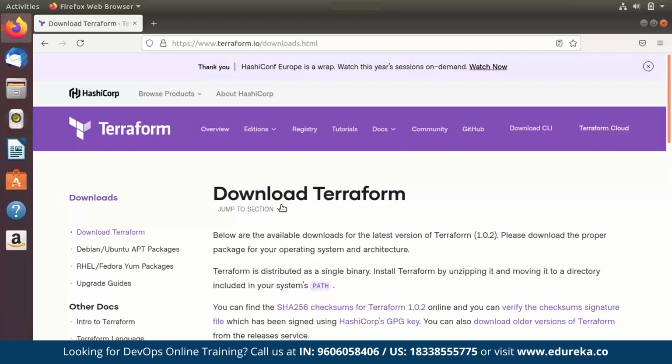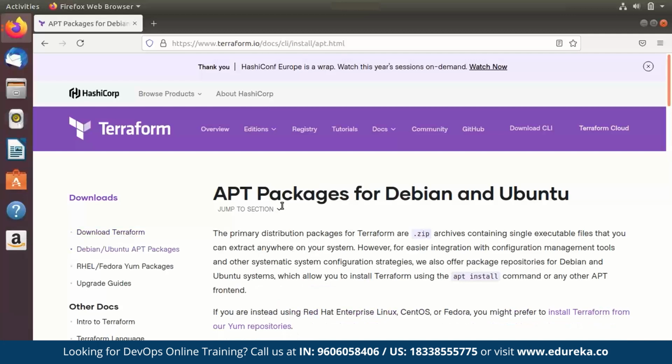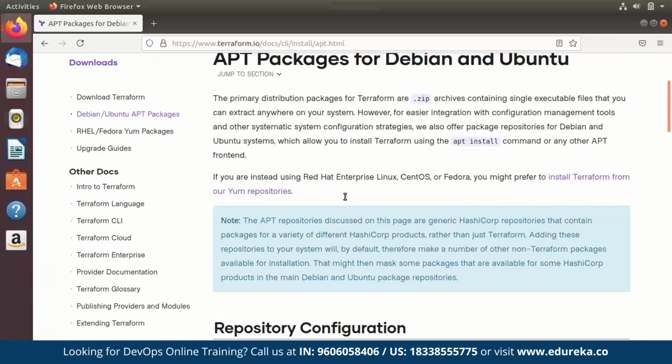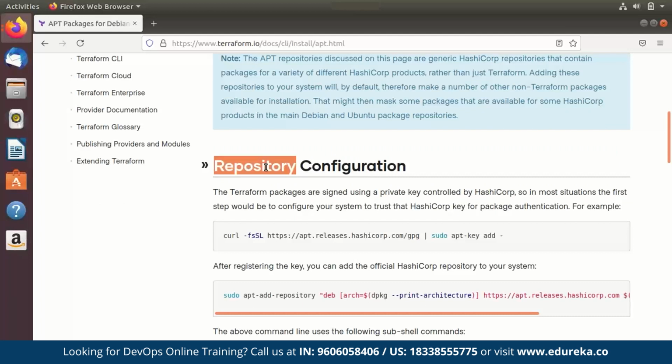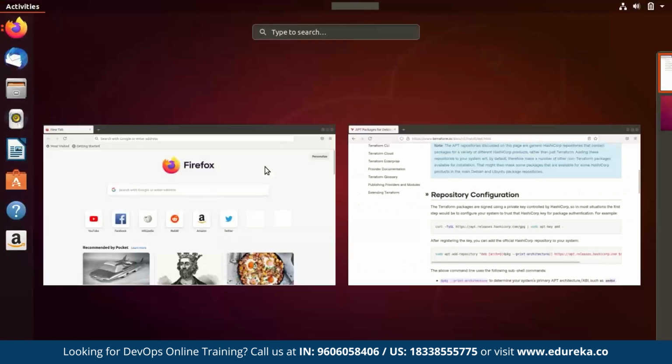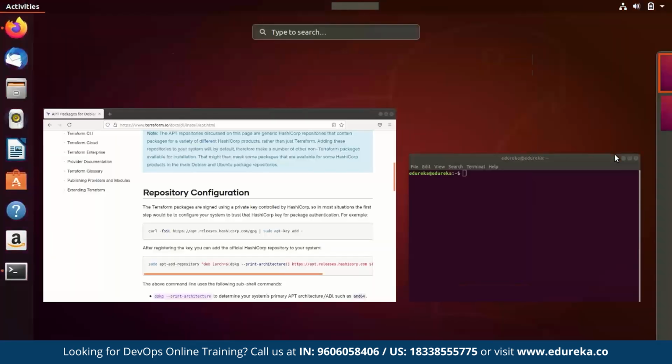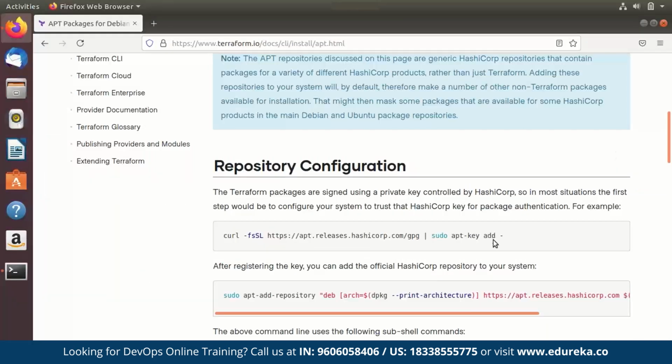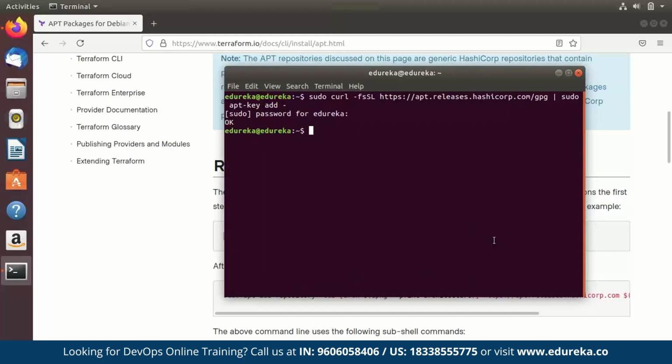So now you can see on the left hand side, you can download Terraform. You can click on the Debian/Ubuntu apt packages. So if you scroll down, you can see repository configuration. So the Terraform packages are signed using a private key controlled by HashiCorp. So in most situations, the first step would be to configure your system to trust that HashiCorp key for package authentication. So we will open a terminal quickly, and I'm going to be executing the first command. Okay, and once that's done,